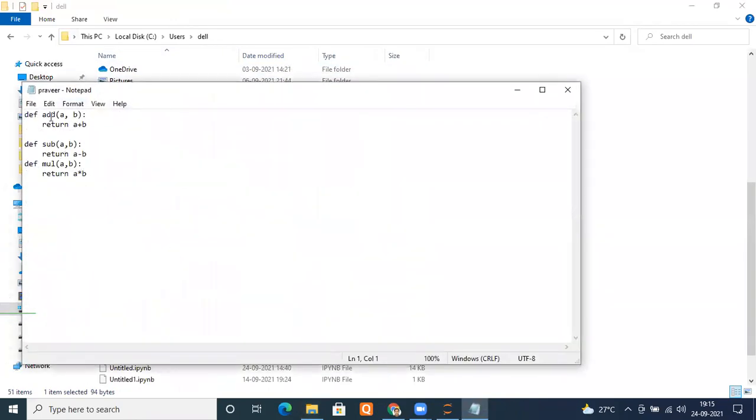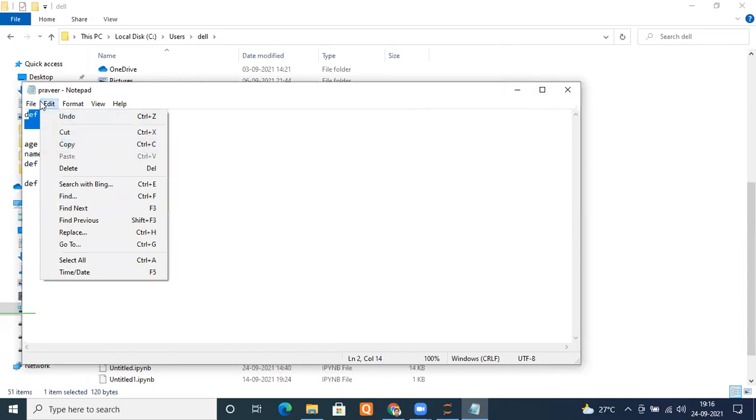This is the file where I wrote three functions: 1, 2, 3. Even I can put some variables also. For example, I put a variable age, let's say age is equal to 30. It's not a part of a function. And one more variable, name is equal to Praveer. It will also be available there, but as an attribute. These are attributes, these are functions.